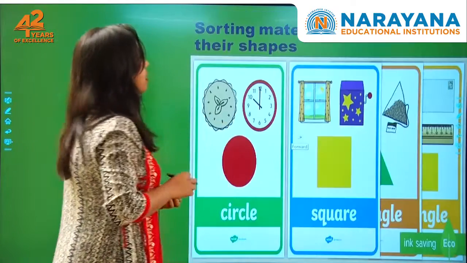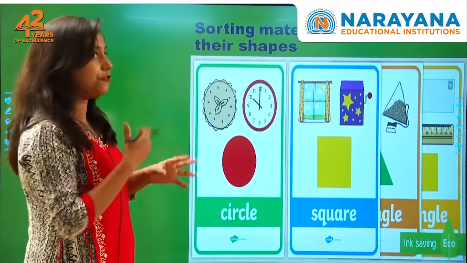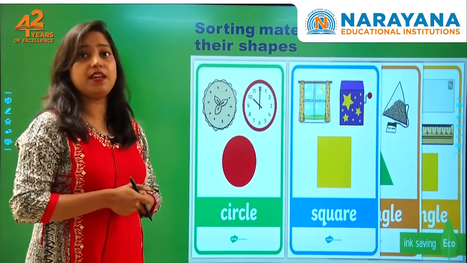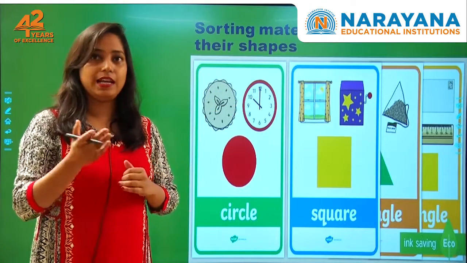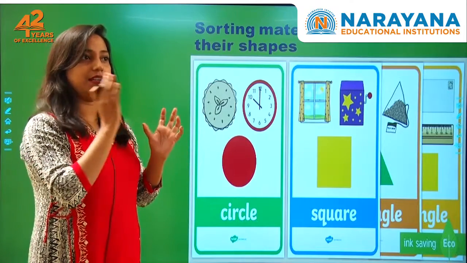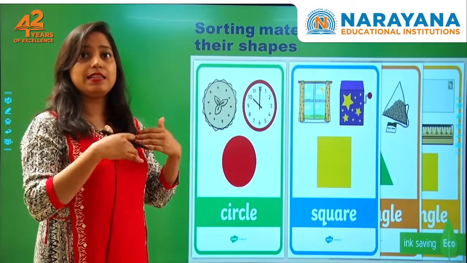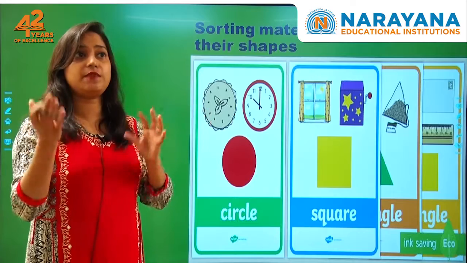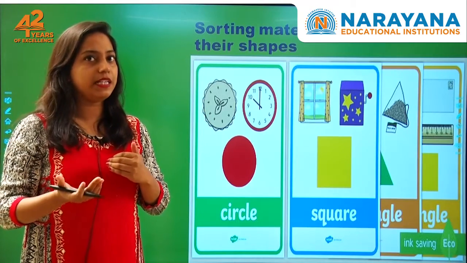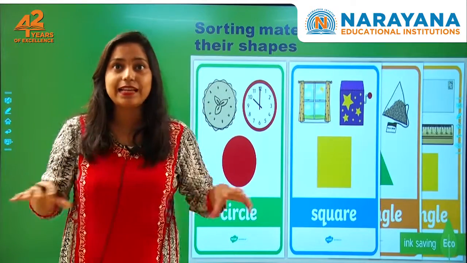Okay. So again, now we will start sorting materials according to different features. Now in this slide, sorting materials according to their shape. There are many ways to sort material. Like I told you before, kitchen utensils must be in the kitchen. All the clothes must be in the clothing section. All the grocery things must be in the grocery section. Fruits and vegetables must be in their particular section. So if we know the feature of a substance or material, we can put those things in a particular place very easily, and we can also segregate things very easily.